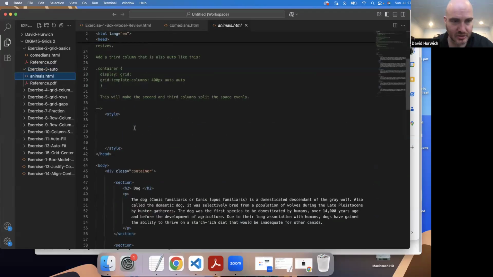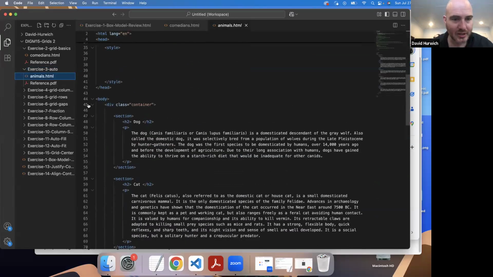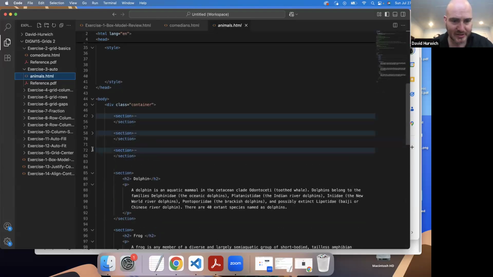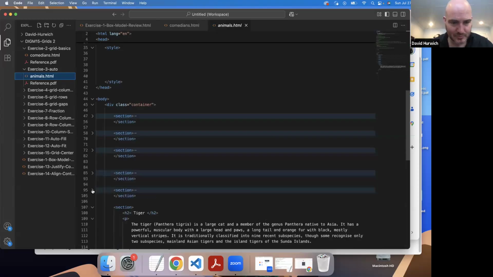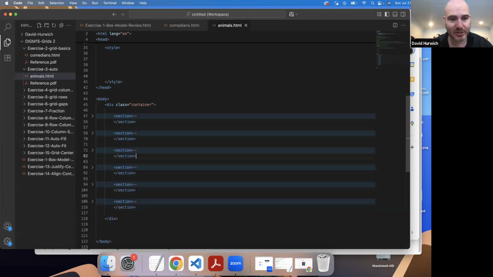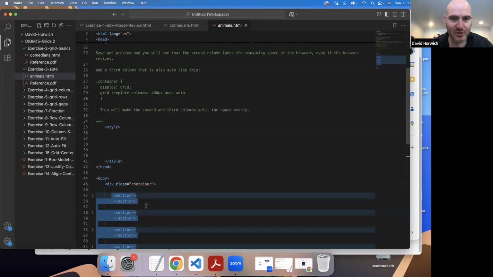All right, let's go to exercise 3. And once again, before I do anything, let's just look at the layout, because it's important that your layout is correct to get the correct CSS grids. So it's very similar to the last one where I have this parent container called container. It's just a div with a class on it. And then these are the direct children. Okay. These are all about different